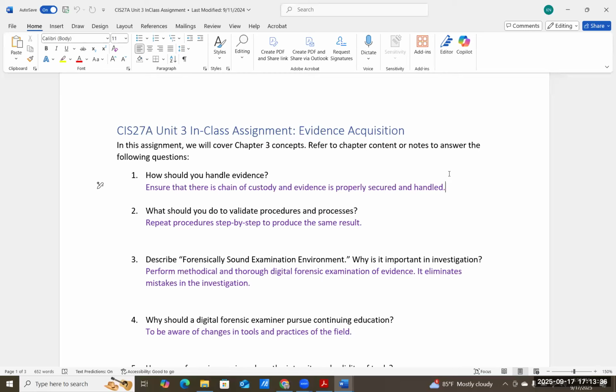Okay. And this is going to take effort, as in time, resources, and the amount of work that you put into it. You have to be methodical and apply critical thinking in the process. So you have to perform a methodical and thorough digital investigation. So the forensic,